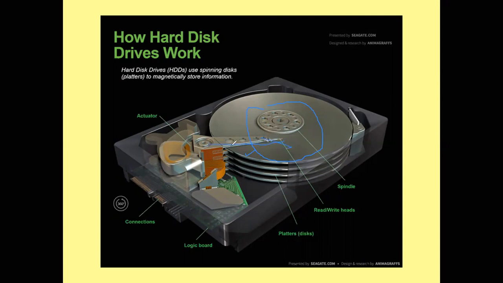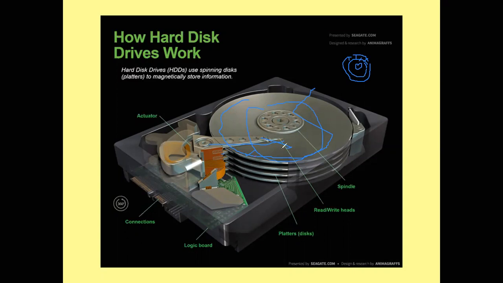This is a read write head, and a platter is divided into tracks, just like how you have tracks in a stadium. So a platter will be divided into tracks, and the track is further divided into sectors. A sector is a basic unit. Clear? And each of the platters has a read write head. As you can see, you have 4 platters, and there are 4 associated read write heads.